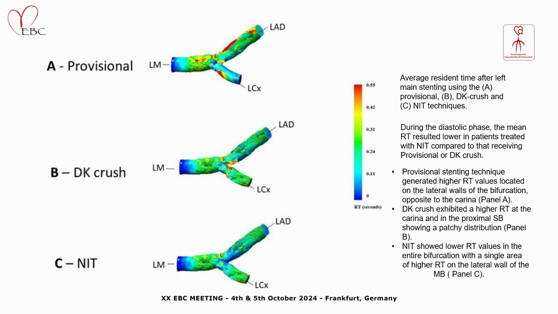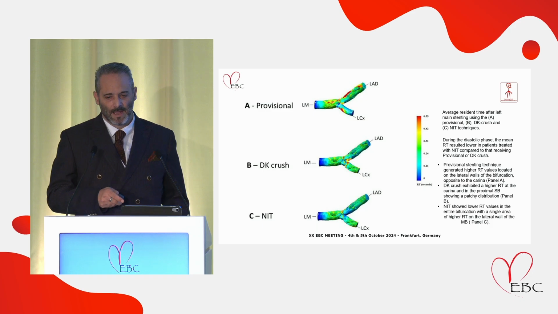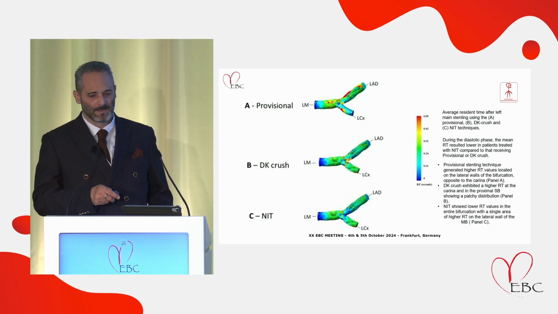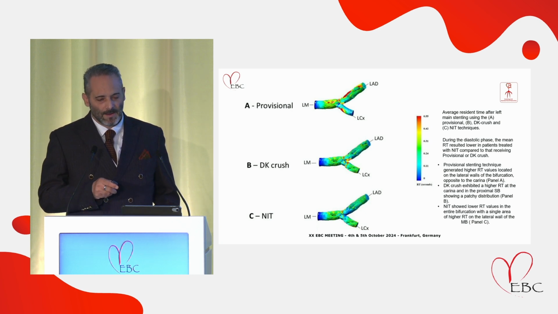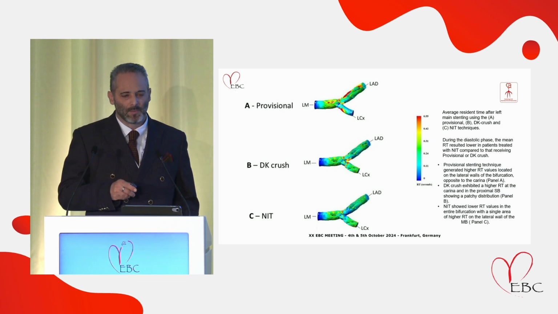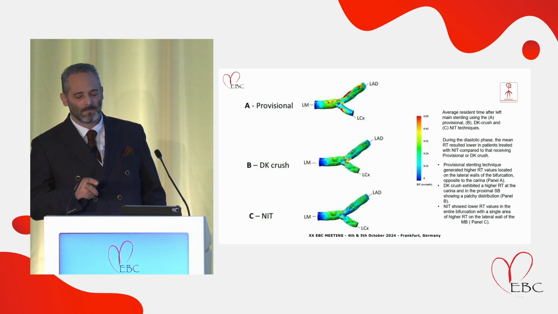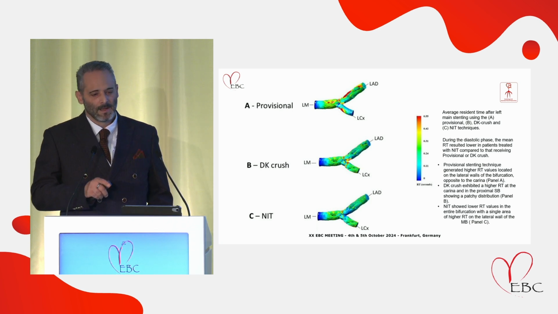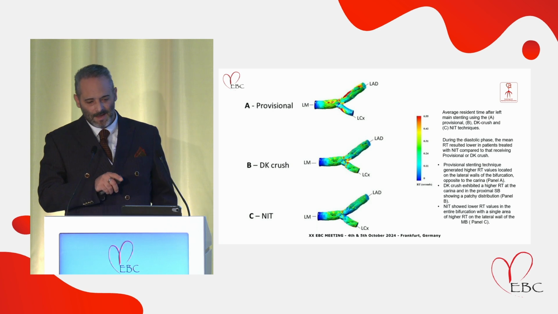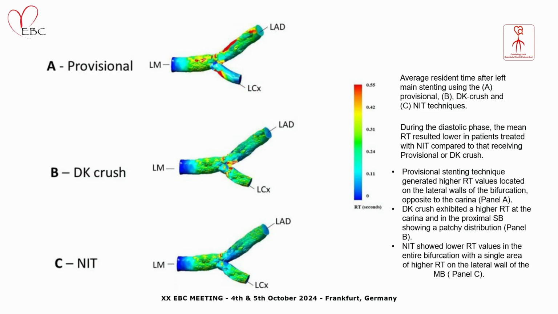And looking to the focus of the study, this is the average residence time after left main stenting using the provisional, the Culotte and NIT. And intriguingly, the provisional approach in complex bifurcation has got the worst result in residence time. The best result in residence time is the non-inverted T, followed by the Culotte. And surprisingly, provisional has not got the better result,